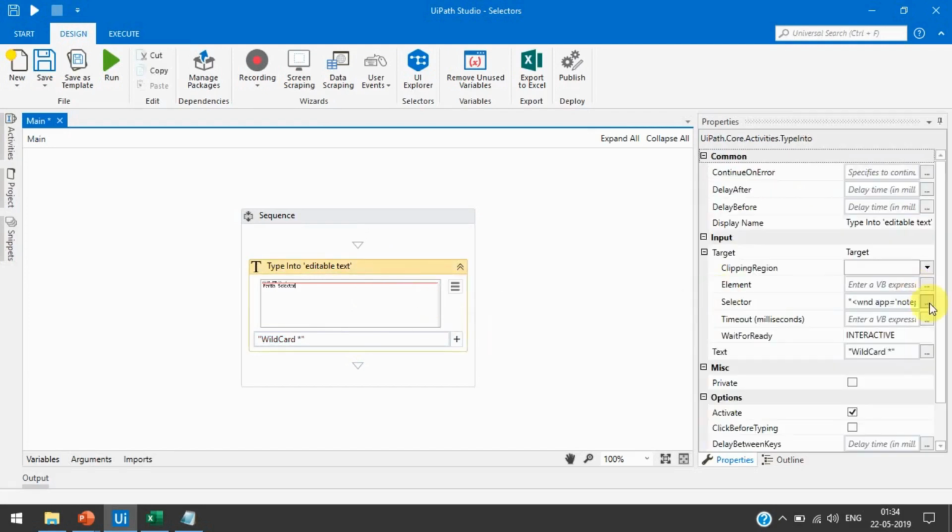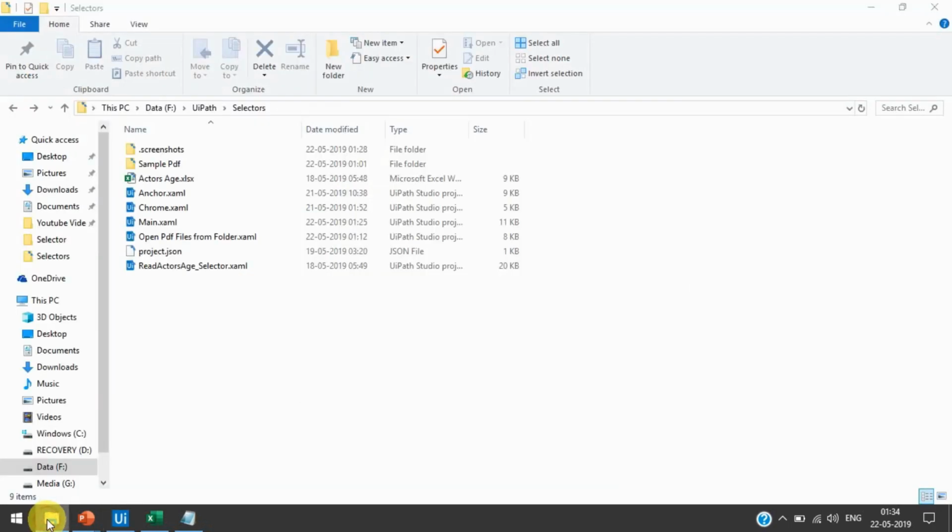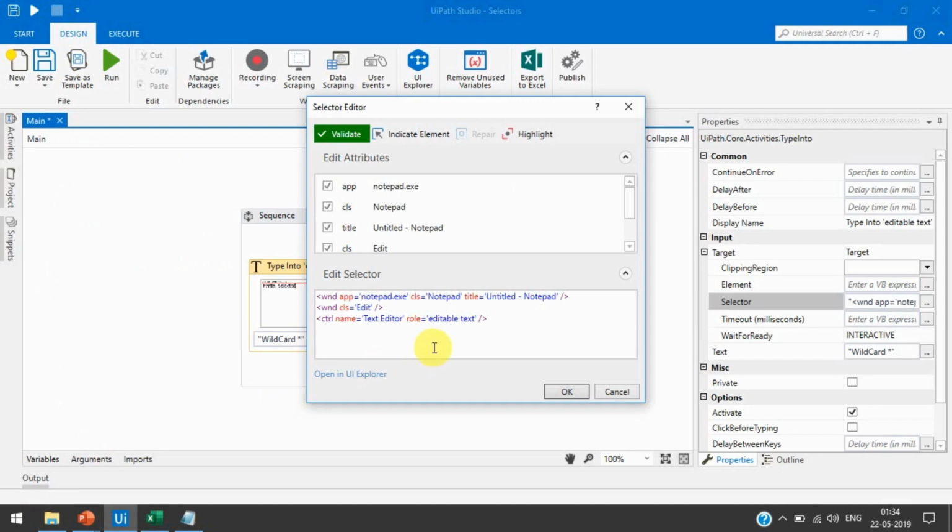Now if you see the selector part, it is showing title equal to untitled Notepad, right? The asterisk I already showed you in Windows, like in a folder, how to search for a file and how we use it in daily use. So if we remove this part and write only this, that will also work, right?